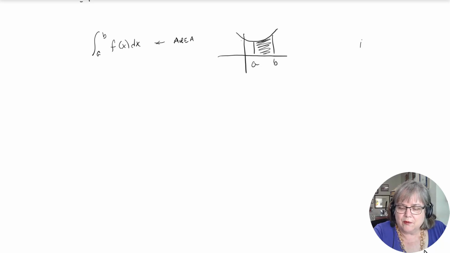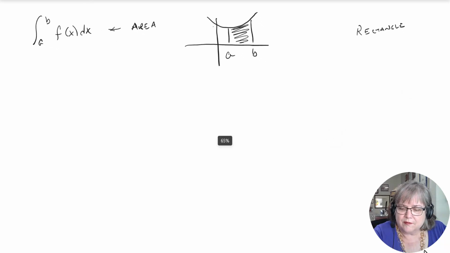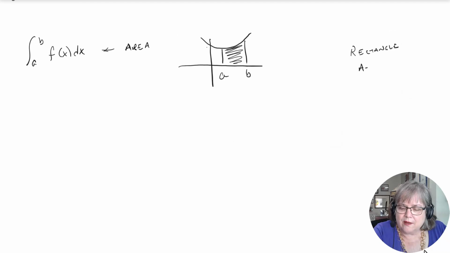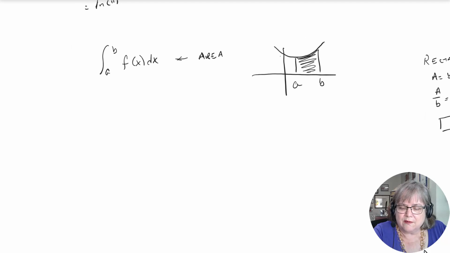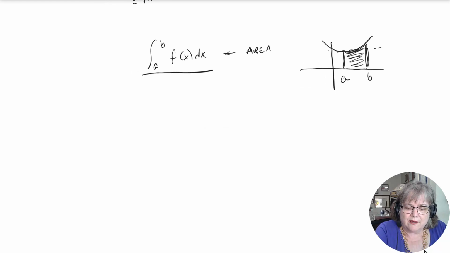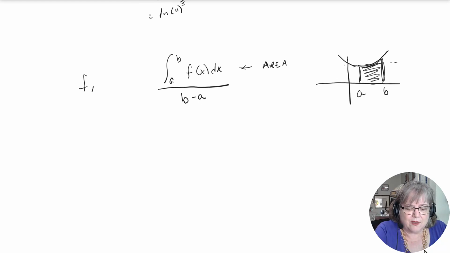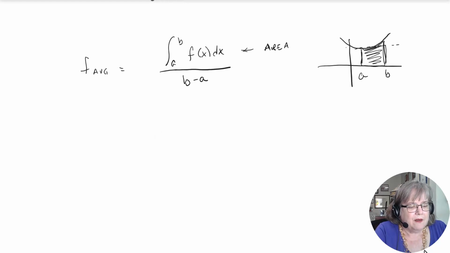Now think of just a simple rectangle for me. The area for a rectangle is the base times the height. So if I take the area and I divide it by the base, I would get the height. So what they're doing with this average is they're saying you have some sort of a shape. And what I want to do is to find an average y value, an average height. So I'm going to divide this by the base and come up with the average height for a rectangle. So this would be the average or the mean value, which is a y value, right? So let's try